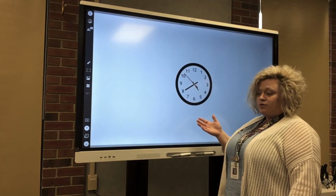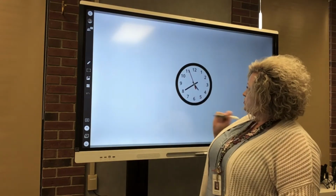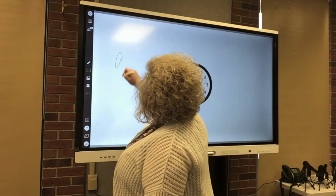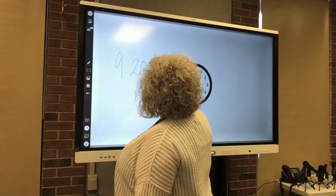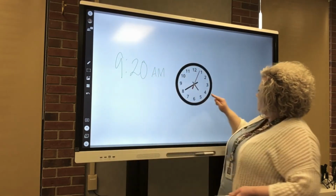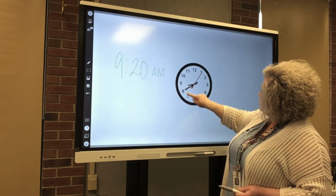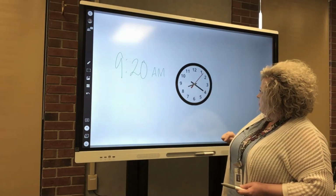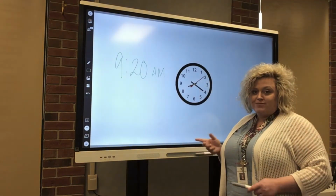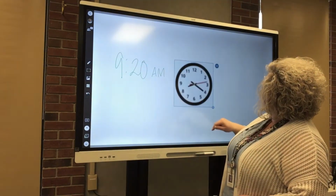Now I've pulled up the clock widget. I can go ahead and maybe tell my students to show me 9:20 a.m. So then they can take their little hour finger and move it there and dial this back to the 20. And there we go, 9:20 a.m. This would be good time practice. When I'm finished with it, I can press right there